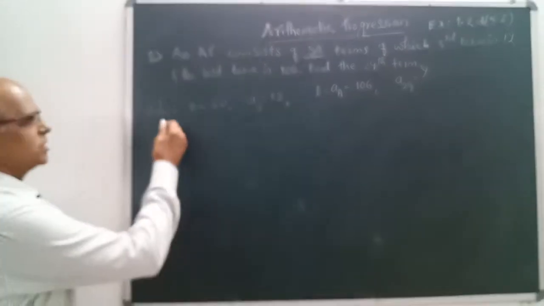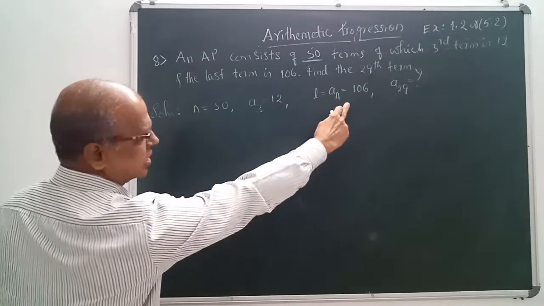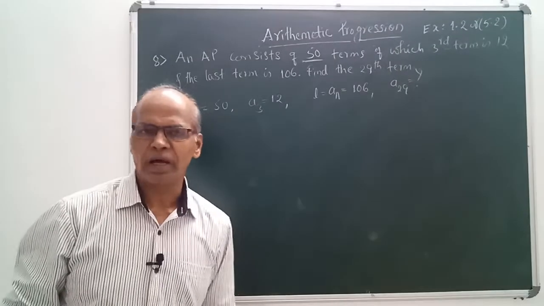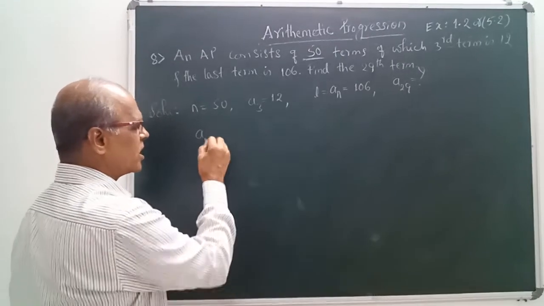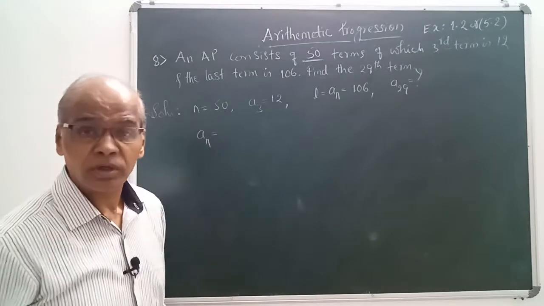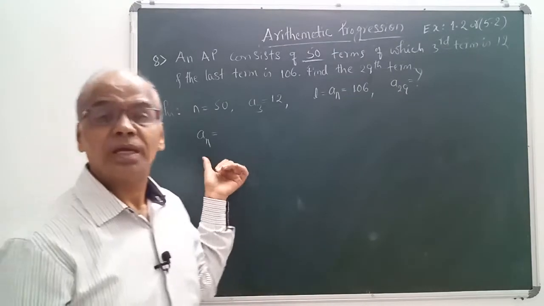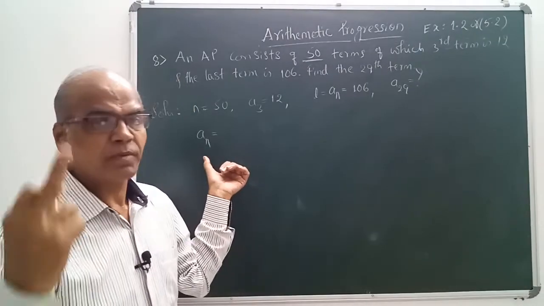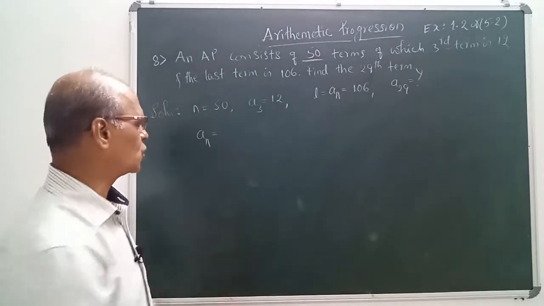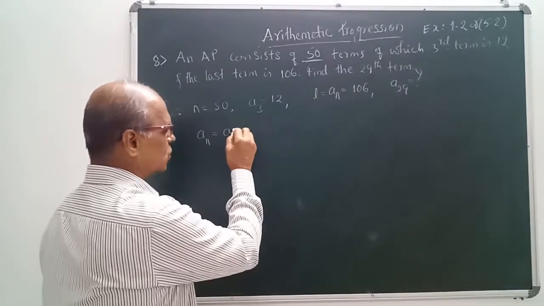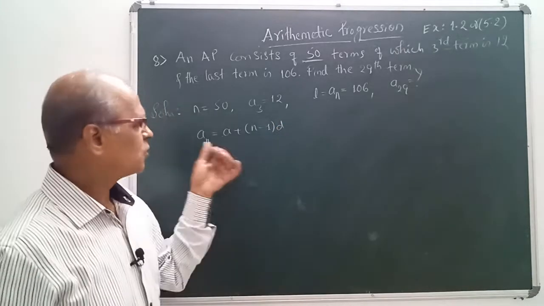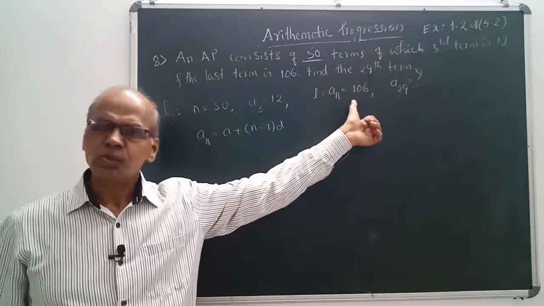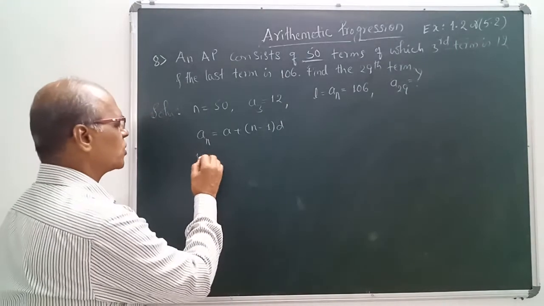Okay, fine. See here, A50, An. You know the An formula? Can anyone remember? Okay, see here, what is the An formula? An stands for the nth term. We can call this the nth term formula. This may be for a 1 mark objective. I have told you already. So An is equal to A plus (n minus 1) D. So what is An here? An is 106.